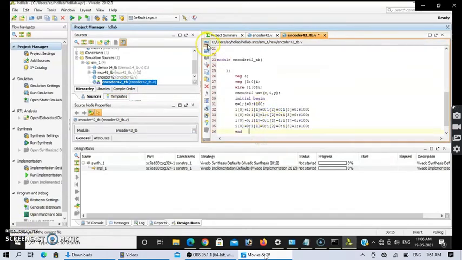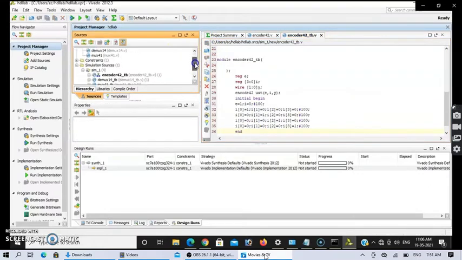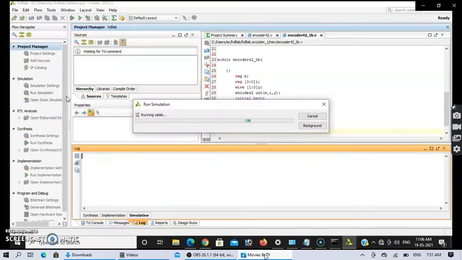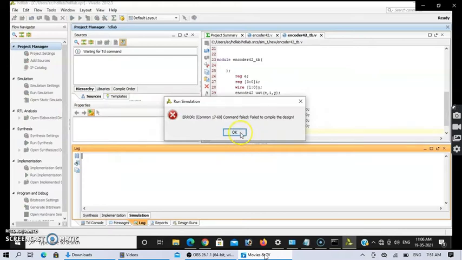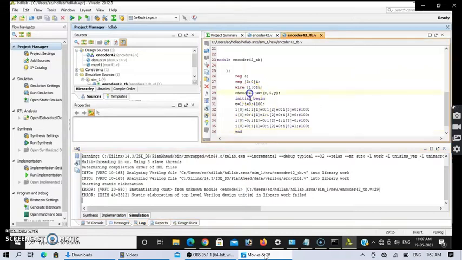Then you can go for run simulation. If everything is okay, we can go for run simulation. Here we have made some mistake. While running, you will come to know. I have not given the proper encoder name; the R in encoder is missing. The same file name should be there. Need not worry. If errors are there, rectify those errors. What is the error? The error is that the command is incomplete, which indicates there is an error in the file name encoder R.